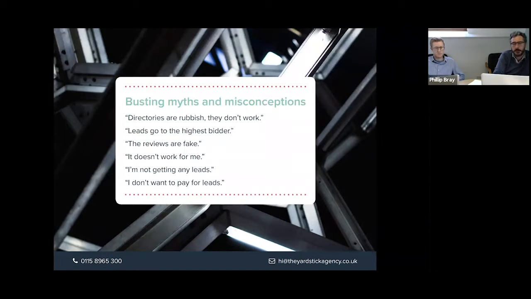Leads go to the highest bidder. Someone mentioned that on Twitter last week. That's absolutely not the case. Inquiries across all three, actually AdvisorBook's out because they don't charge, but inquiries across Unbiased and Vouched For, there is no way of paying more and getting more inquiries. The inquiries are the same cost. You need to move quickly to get them in terms of Unbiased and the matched inquiries, but they don't go to the highest bidder. It's absolutely rubbish.